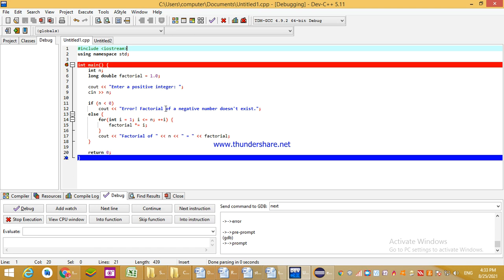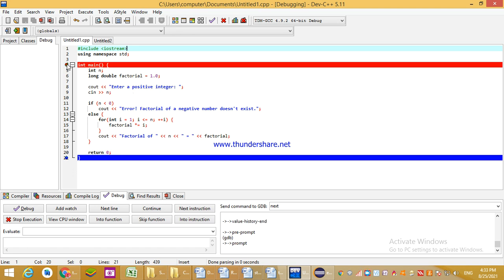Our motive is to see how the debugger works. Debugging of the program is to check the flow or the control of the program line by line. See over here.